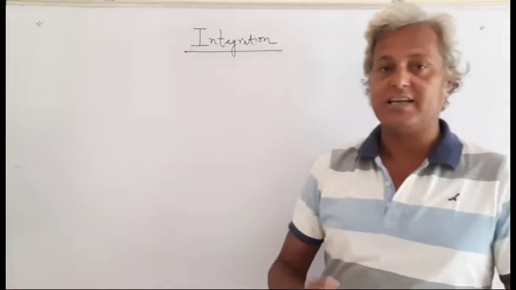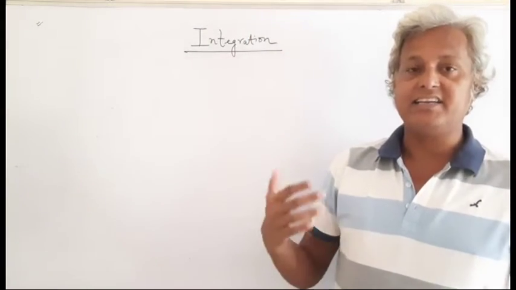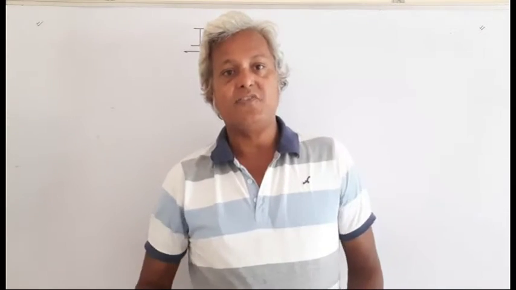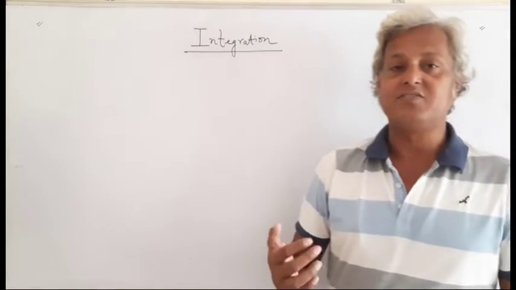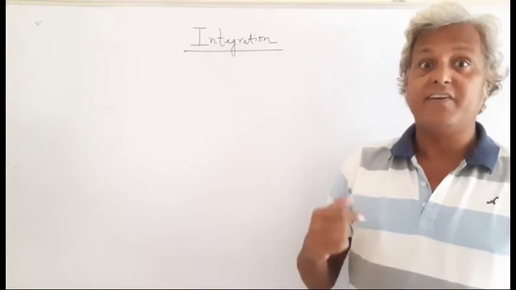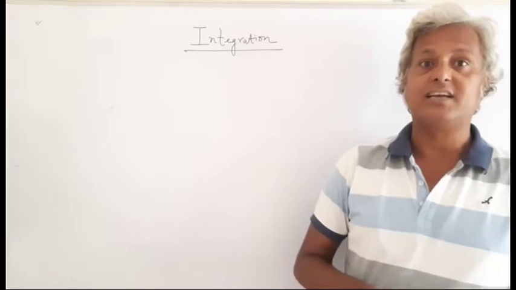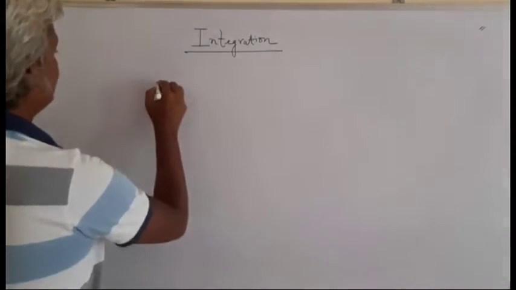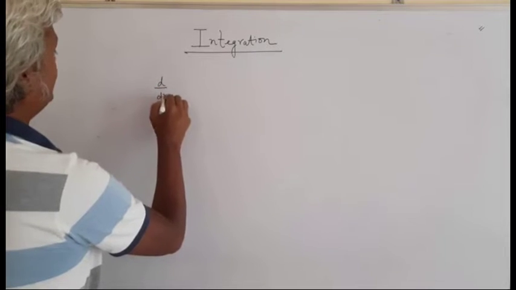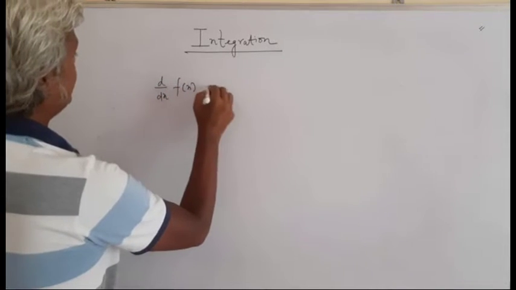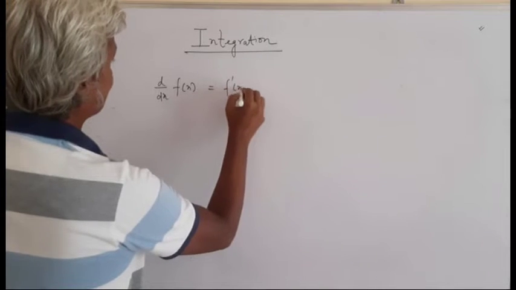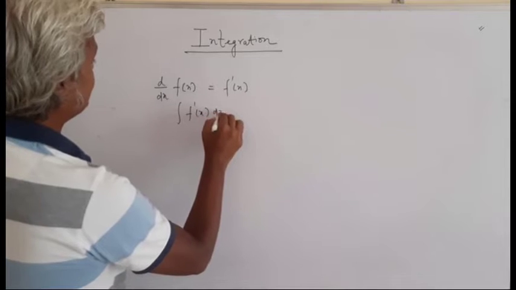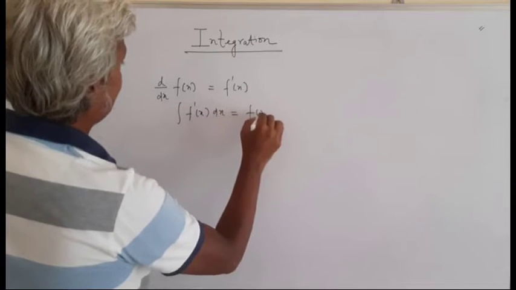We also learned that differentiation and integration are reverse processes of one another. A function which is differentiable gives you another function after differentiation, and if that function is integrated you get the previous function back. What does it mean? It means that if the differentiation of f(x) is f'(x), then the integration of f'(x) dx is f(x)